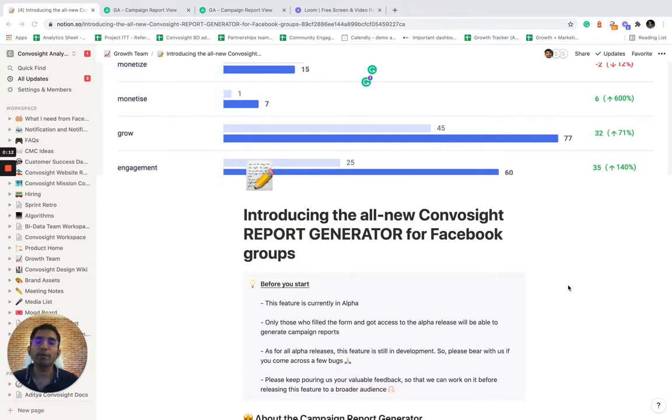A few things before you start. This feature is currently in alpha, so it will have bugs. Please excuse the bugs. Please tell us what bugs you find, and we'll gladly get them out of the way for you. The second thing is, please give us as much feedback as you can to help us improve this feature, because that is what will help us make it into a much more robust and better feature for everybody, and then we can release it.